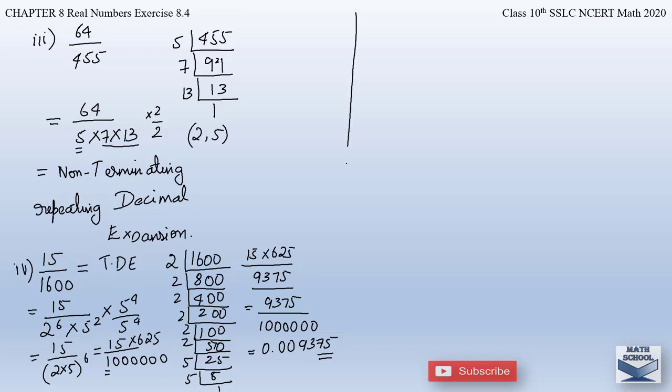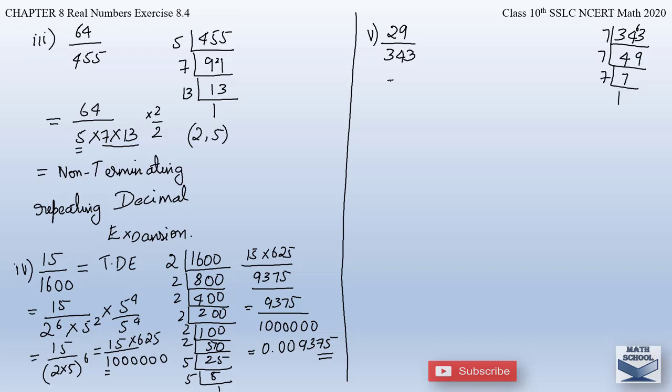So now let us move to our next problem, that is problem number 5, 29 divided by 343. This is the given rational number. Let us determine whether this number is a terminating or a non-terminating repeating decimal expansion. For this we have to factorize the denominator 343. 7 fours are 28, we get 2 as the carryover, so 7 sixes are 42, 44, then 7 sevens are 49, and 7 ones are 7. So writing down the factors, 29 divided by 7 cube.